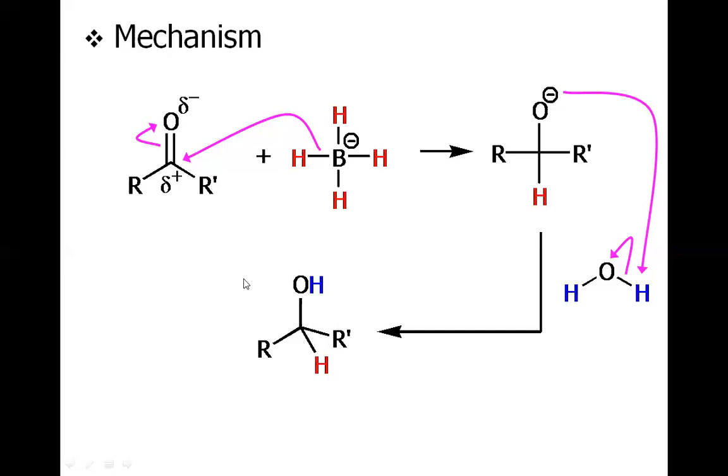Here, one more thing I would like to clarify, that this hydride is not the H negative ion. It's not the anion. Rather, the hydrogen is attached to boron, or to aluminum in the case of lithium aluminum hydride. So the delivery of hydride is not free hydride attacking the carbonyl. This is called the sigma electron. So these two electrons, which are between H and B, are coming from this source to this electrophilic carbon. Why not H negative? Simply, the hydride ion does not attack the aldehyde or ketone.